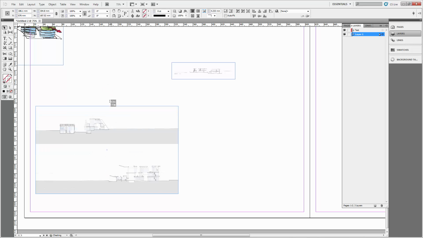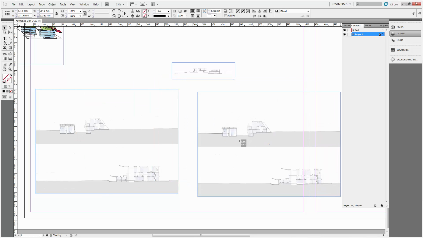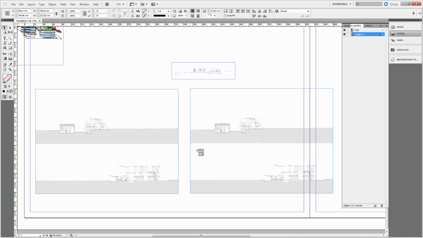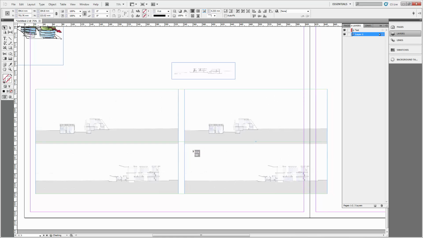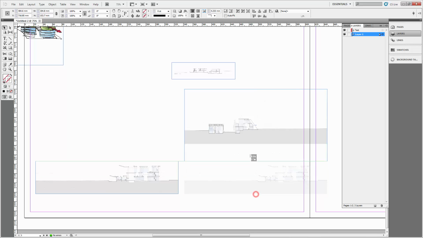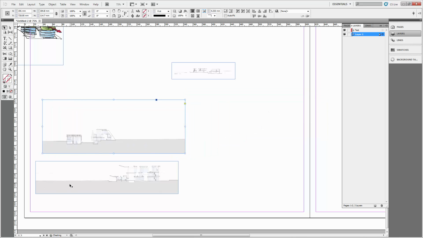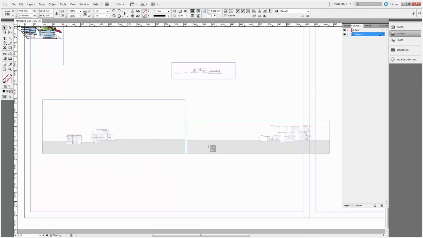Now, the other thing to remember is that you can easily duplicate the same linked object by holding down the Alt key, selecting the object first, holding down the Alt key, and you'll get this display, and just dragging. All right, and usually when I do this, I try to align these side by side so I know where things are. Okay, so these are the two sections that we're looking at,